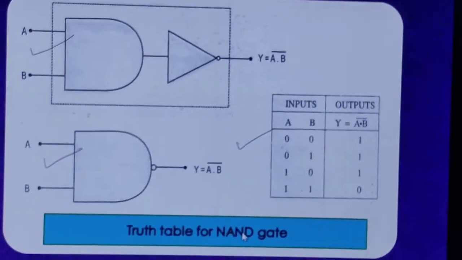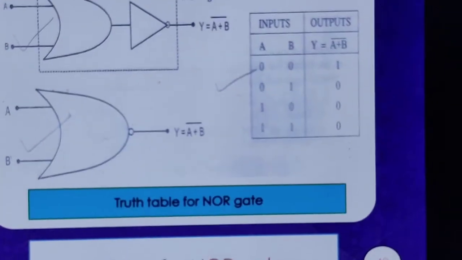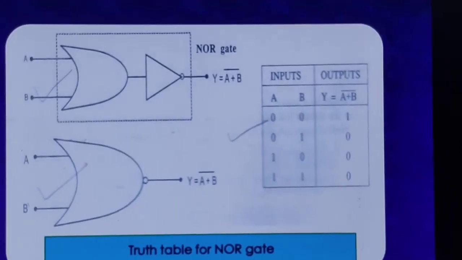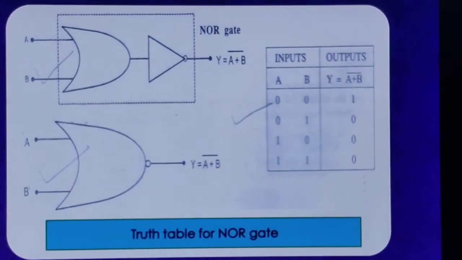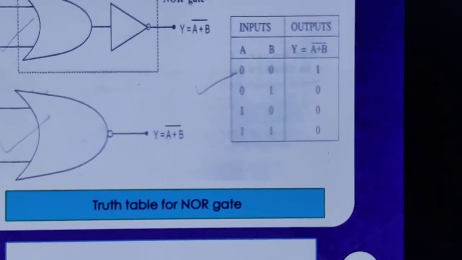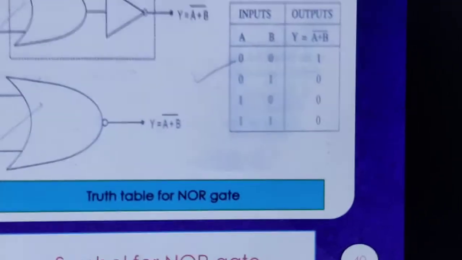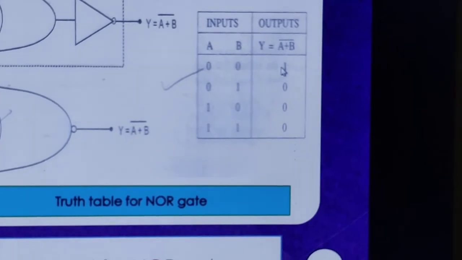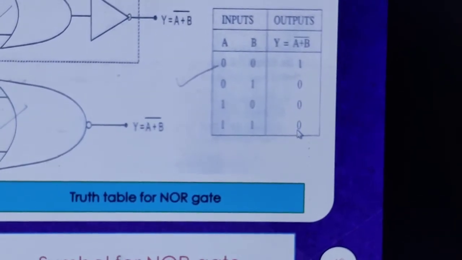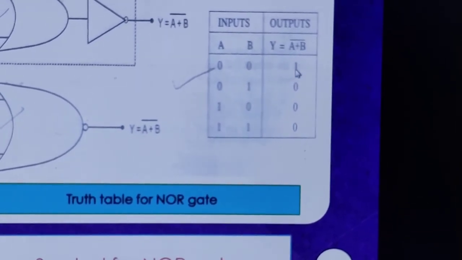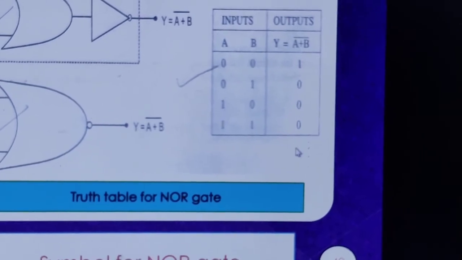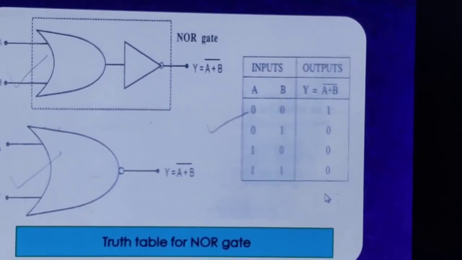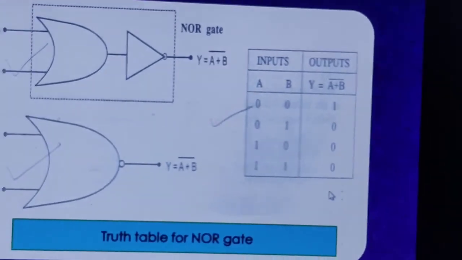Okay. We study the last gate here, and this is called the NOR gate. It is a combination of the OR gate and the NOT gate, and exactly we see that instead of 0, 0, 0, 1, we have 1, 0, 0, 0. So those are the 5 basic gates, and here we are about to end our chapter on